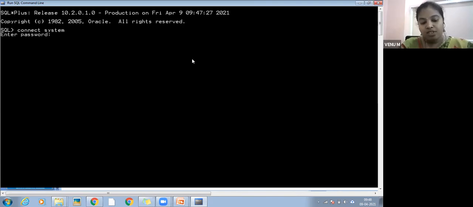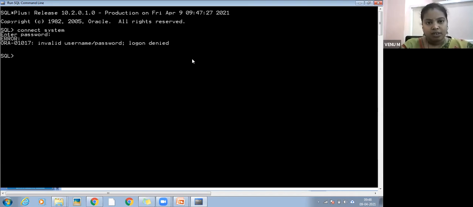At the time of installation you gave the password; that password is entered here. Okay, then it is connected.